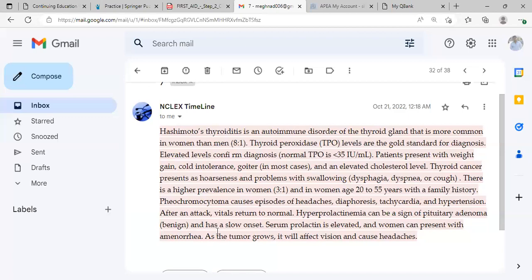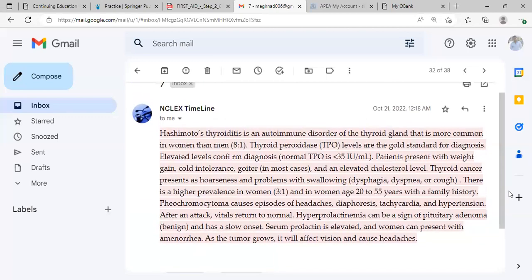It is a benign condition, has a slow onset. Serum prolactin is elevated and women can present with amenorrhea. As the tumor grows, it will affect the vision and cause headache. So from this note, we'll learn a few medical keywords like Hashimoto thyroiditis,